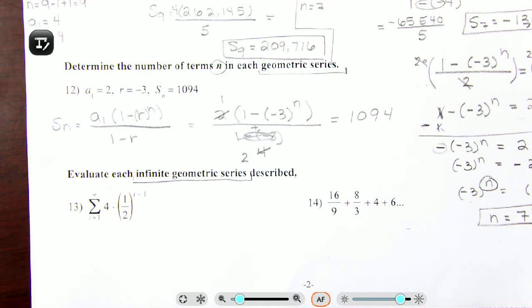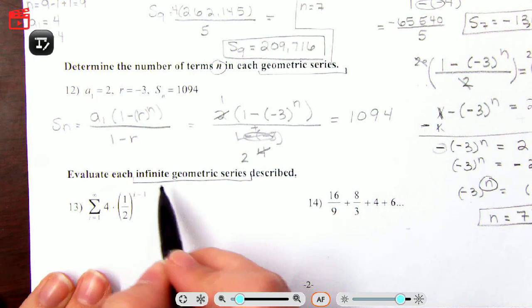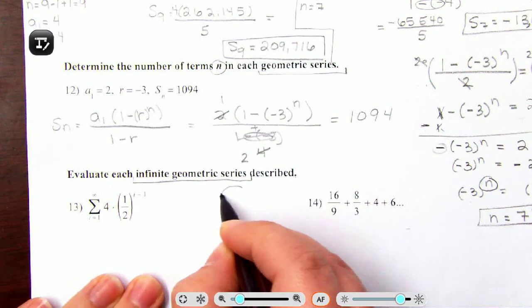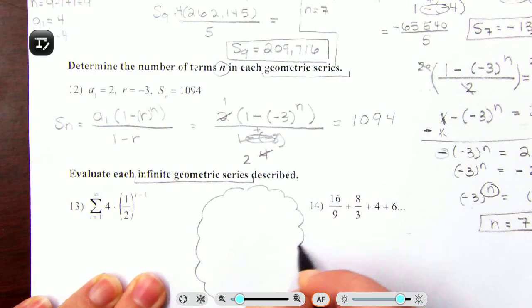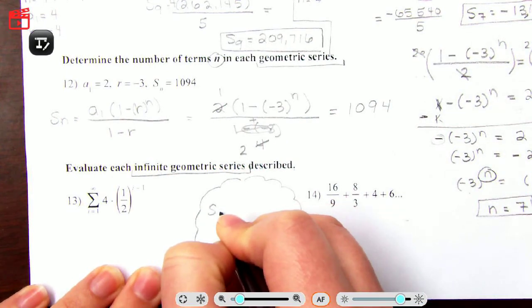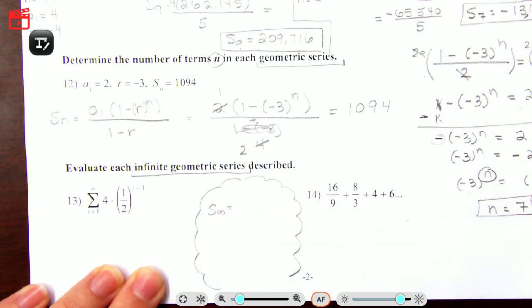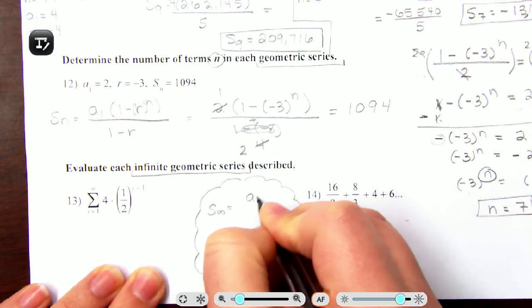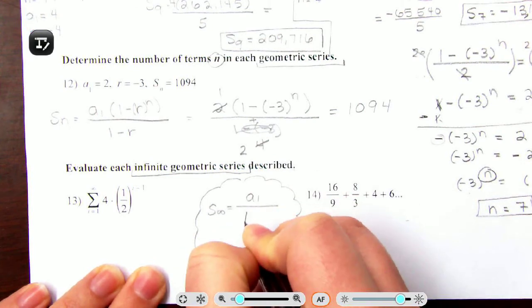Okay, so I'm actually cheating here just a little bit and I'm looking up the formula as we speak, just so that way I can provide a formula that is correct for you guys. There it is. Okay, so the formula for the infinite one, I'm going to write it here in a thinking bubble because we're going to use it for both. The formula is S sub infinity is equal to a sub 1 divided by 1 minus